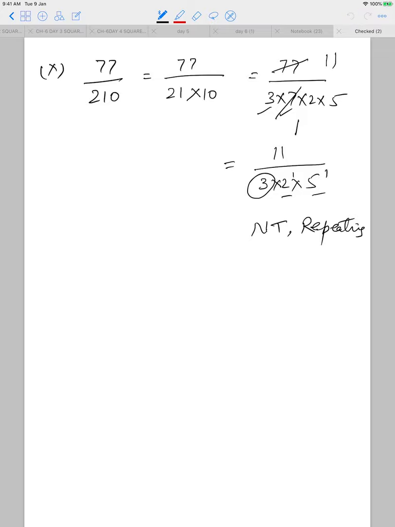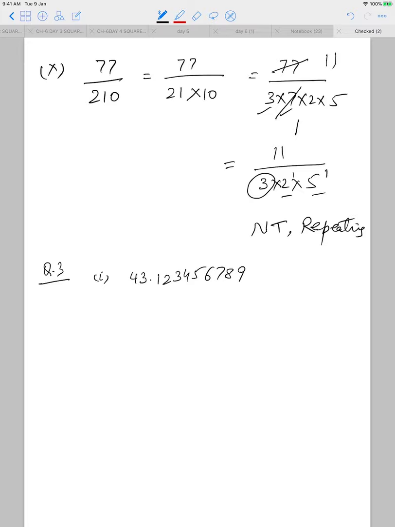And now coming over to question number 3. Question number 3 says, the following real numbers have decimal expansions as given below. In each case, decide whether they are rational or not. If they are rational and of the form p by q, what can you say about the prime factors of q? So first of all, you have to see whether it is a rational number or not. If it is a rational number, then you have to tell what kind of denominator it will have.